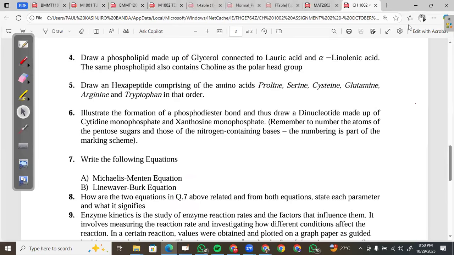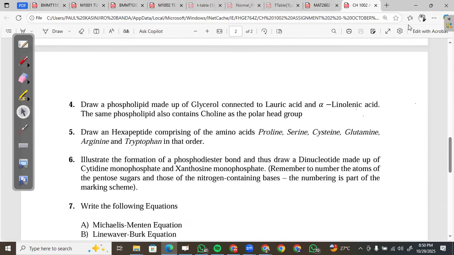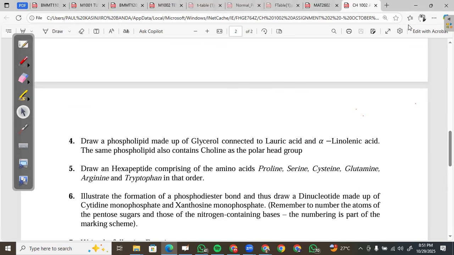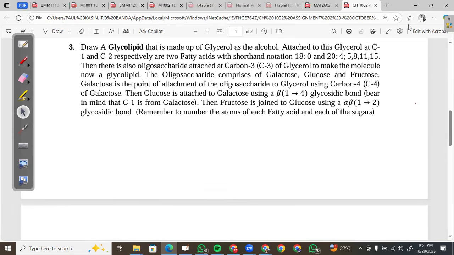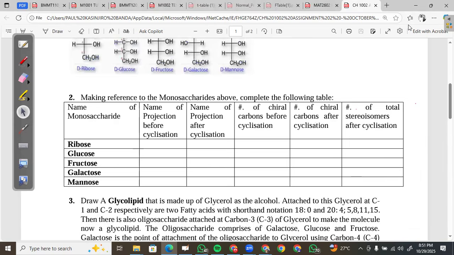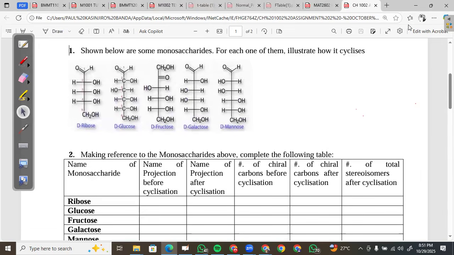There are questions on enzymes. Okay, there are questions on how to draw peptides. Okay, for example, this one, hexapeptides consisting of different amino acids. There are questions on how to draw a phospholipid, how to draw a glycolipid, and how to show the cyclization of monosaccharides. So they've given us 5 of them here, and they want you to show how you can cyclize each of these